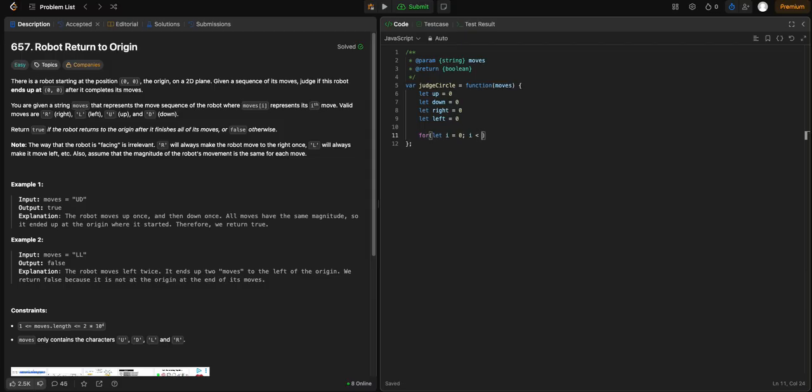I was going to say we should use the map method, but we'd have to turn it into an array, which would create more code. So let's just stick with the for loop. All right, so now we're looping through each character in the string, and then we just have an if-else if statement stating, if it's U, we increment up, if it's D, increment down, R right, L left, and then we can just do a return statement